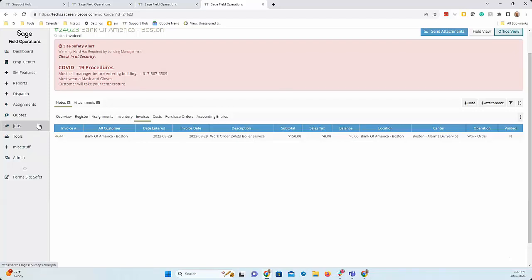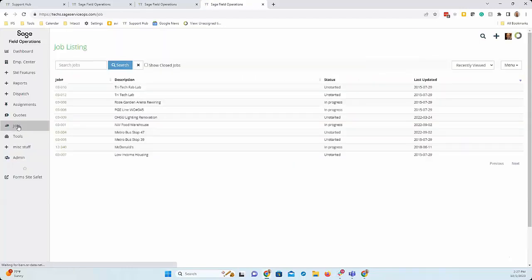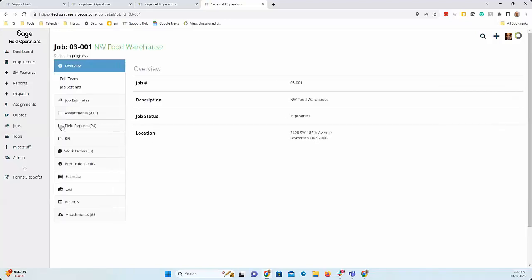This is like a very small piece of what we can do within Sage Field Operations, but I just kind of wanted to touch as many areas as I can. If you are that type of company that has service and construction, we do also have access to the job side of Sage 300 CRE. So if I wanted to, quickly, if I go to this Northwest Foods as an example, and I want to see exactly where we are, to the minute on how much time has gone towards this job, per cost code,